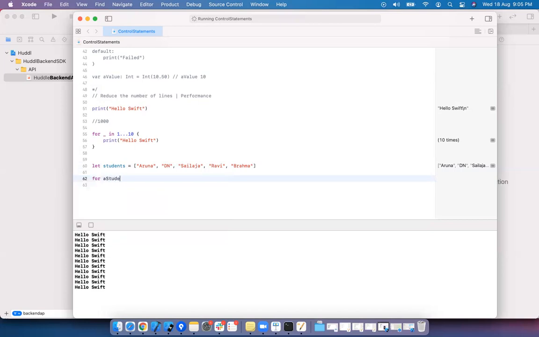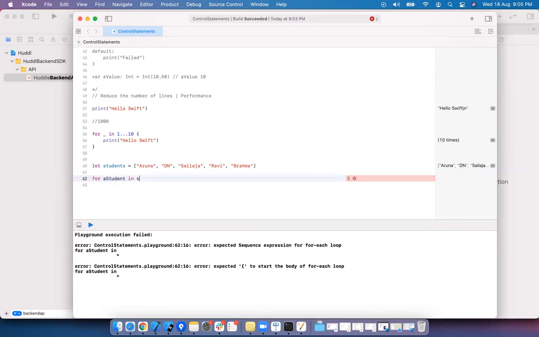For a student, here I'm using the exact notation which we need to follow: lower camel case for the variable. We need the collection here. I'm just printing the name of the student is a student.